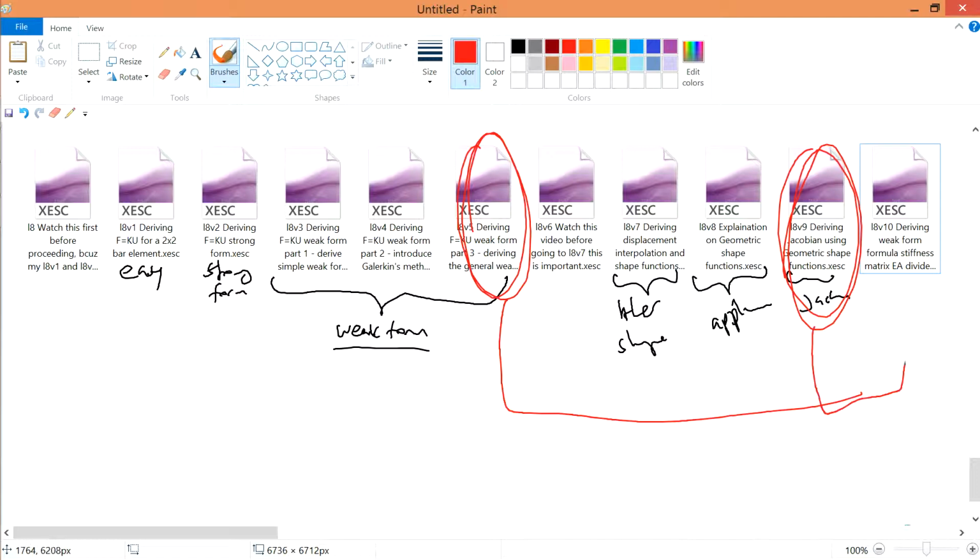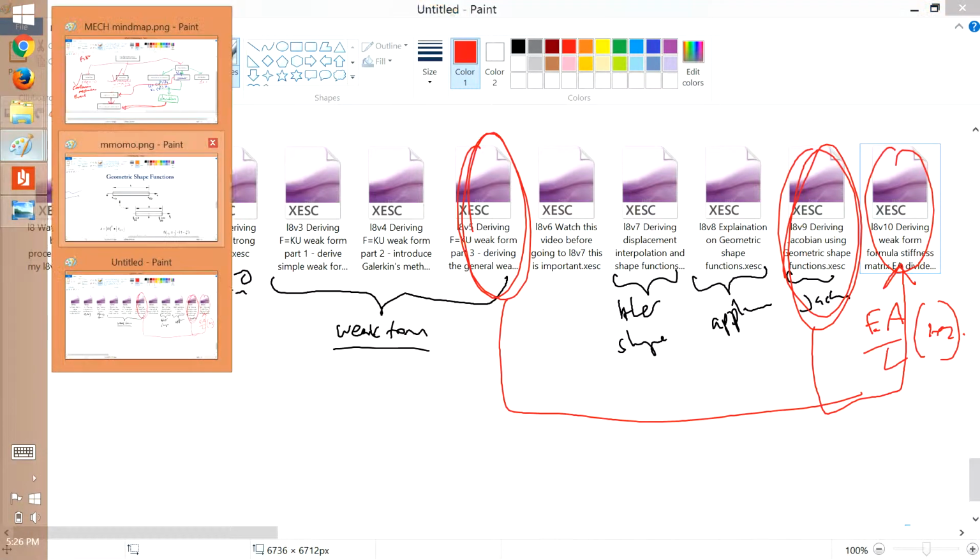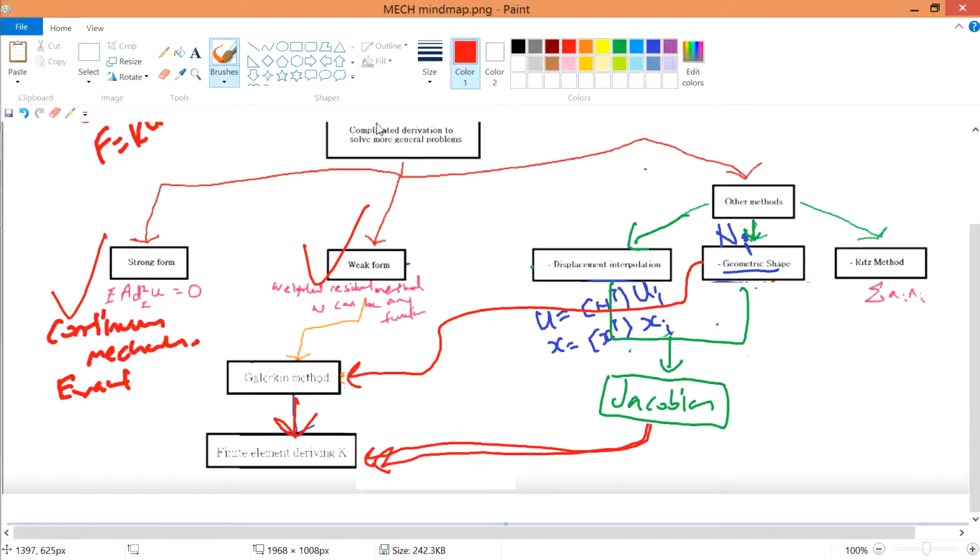These two come together to give you your EA over L, and the stiffness matrix, 2 times 2. This shows clearly inside your mind map also. So we use Galerkin's weak form method and your Jacobian together to prove your EA over L